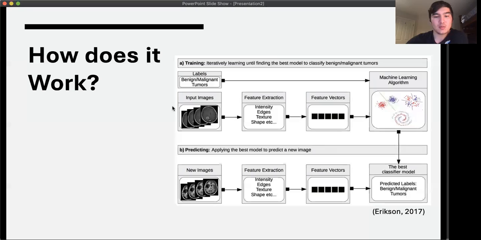So right here, it's given input images of tumors. Some of them are tumors, some of them are not. And they are fed through the algorithm, and then they are predicted on. Based on how well it predicts whether or not it's a tumor, it will adjust until it can accurately predict pretty much all of the pictures. And once the engineer of the algorithm thinks the algorithm is perfect enough, they could start doing the actual predicting. So then they're giving just regular images of anyone, and then they can determine from that.